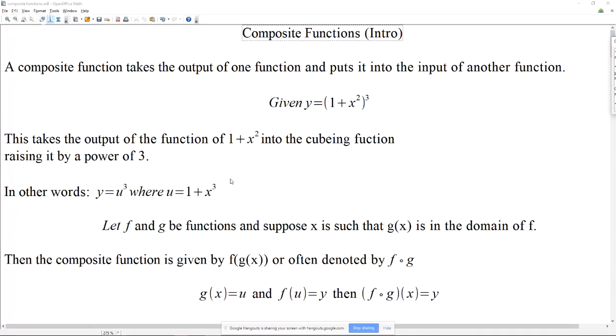So this is a composite function, and one of the reasons it's a composite function is because we can actually deconstruct it into two different variables. And what we would do is we're basically saying, look, here's the function of 1 plus x squared, okay, which is the,